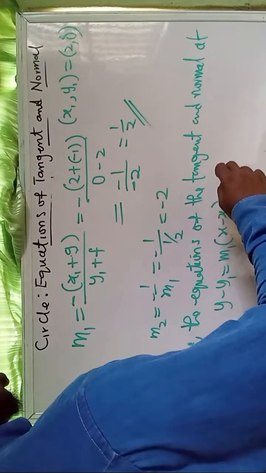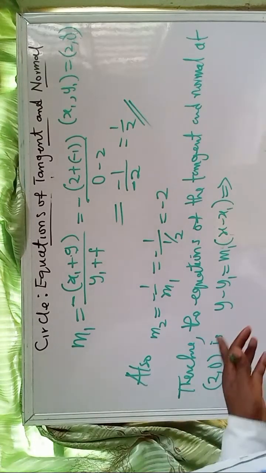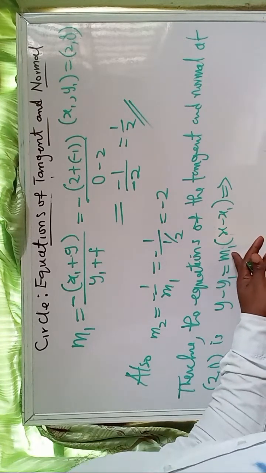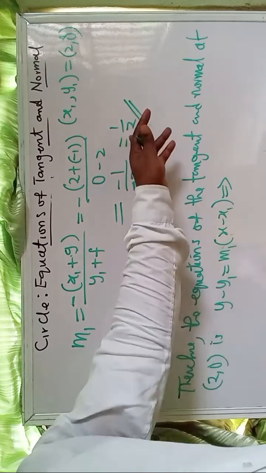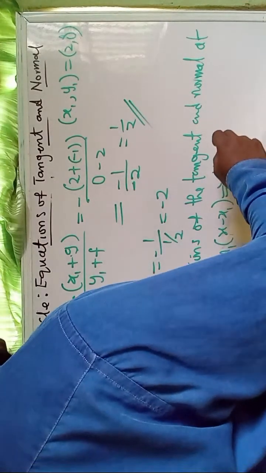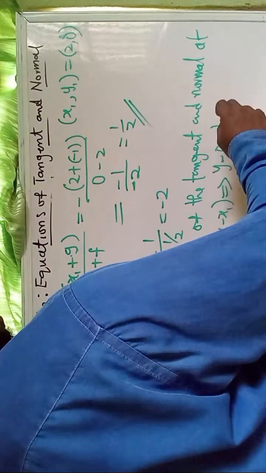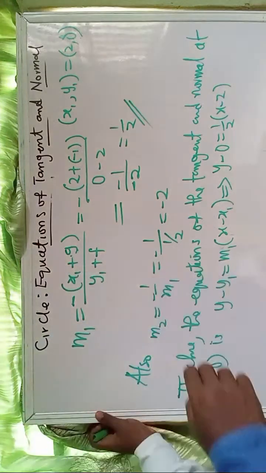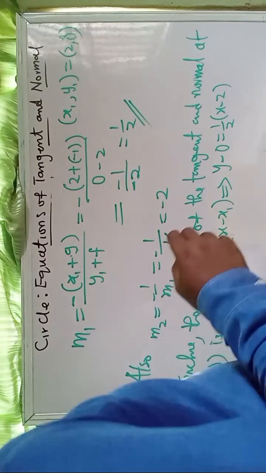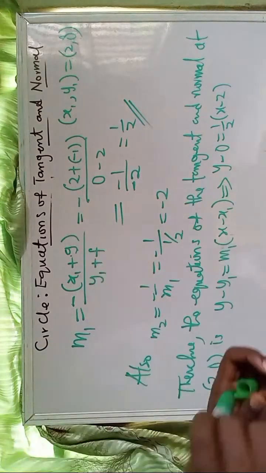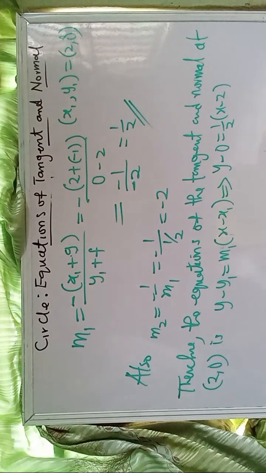So when we substitute, you see this is x1, y1, and this is our m1. M1 is a half. So this will be y minus 0 equal to a half times x minus 2. Okay, so if you resolve this, let's take this up. So if you resolve this,